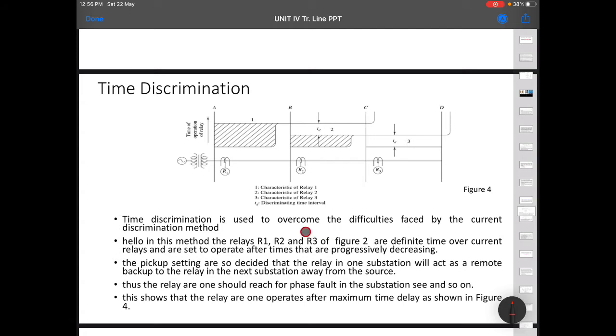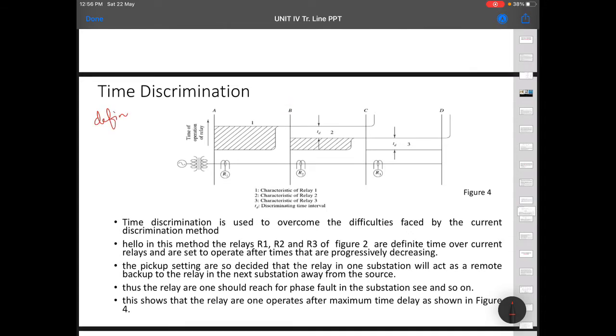It is a separate method actually, and some of the difficulties you have faced in current discrimination are overcome here. See, in time discrimination we have definite time. Remember, we have definite time, so you can see there is a definite time set here, a fixed time.